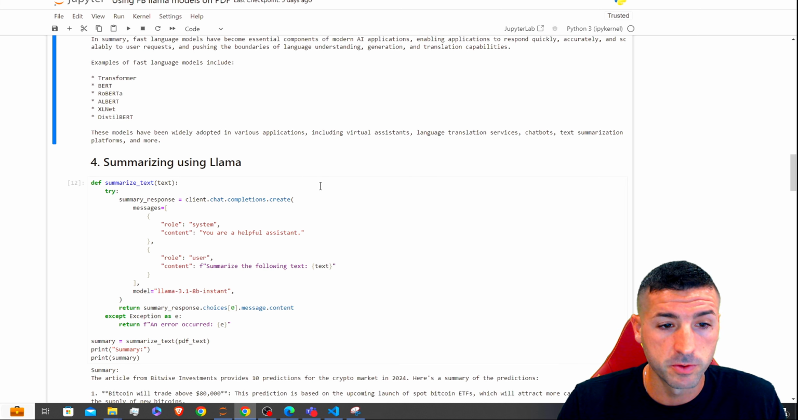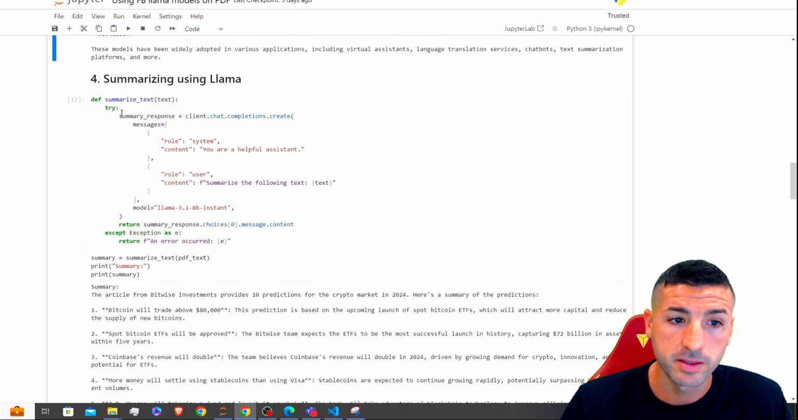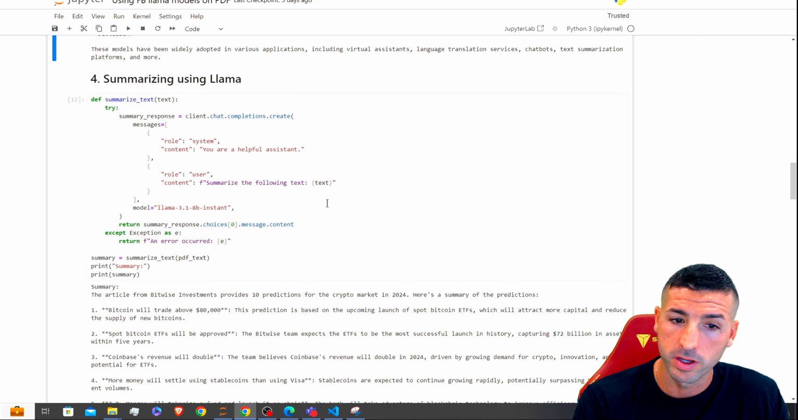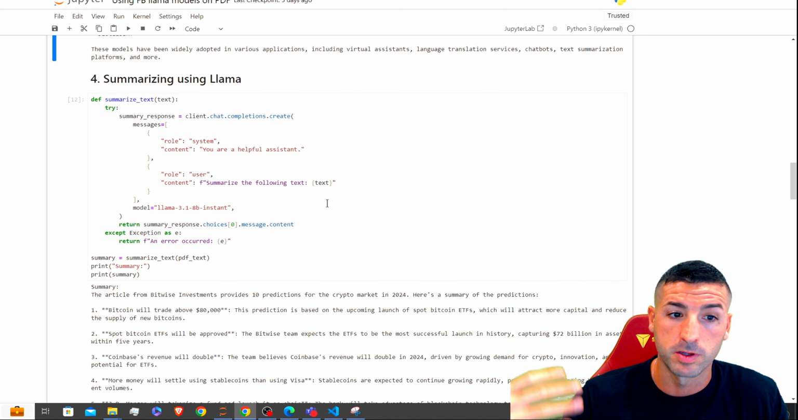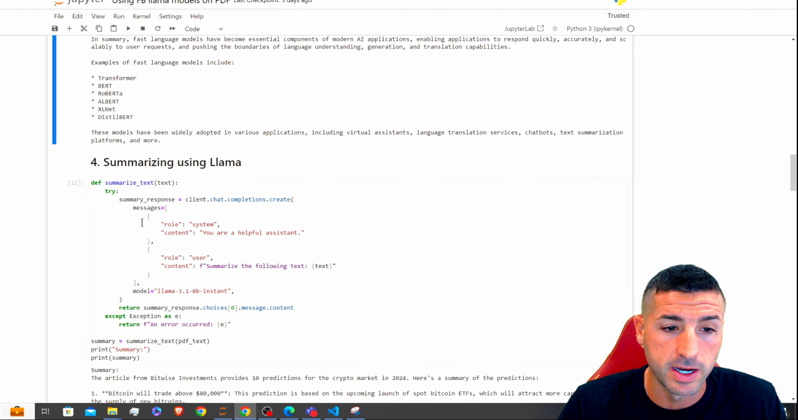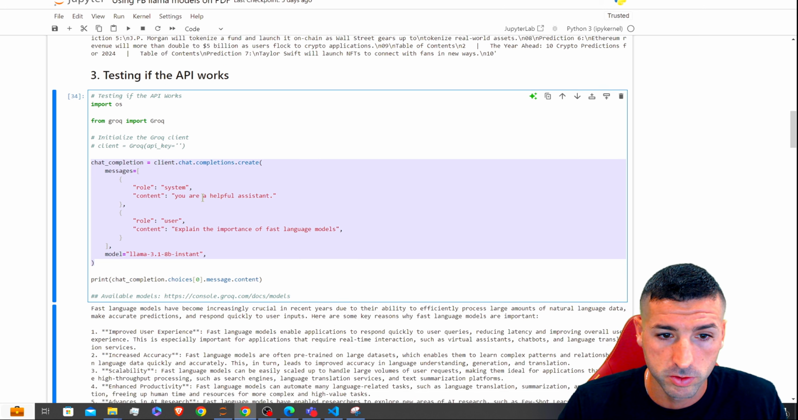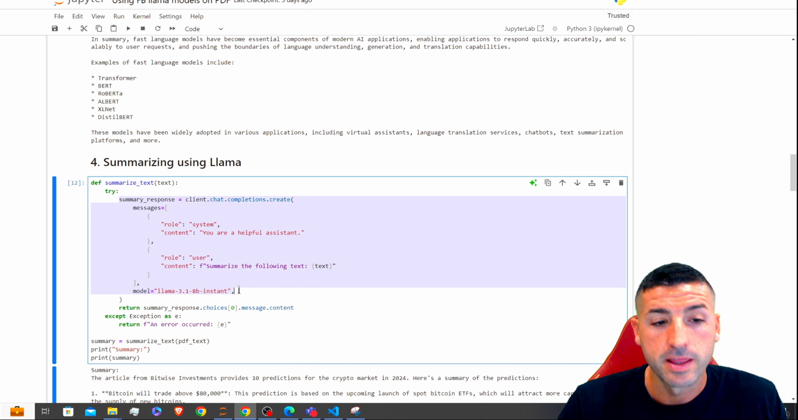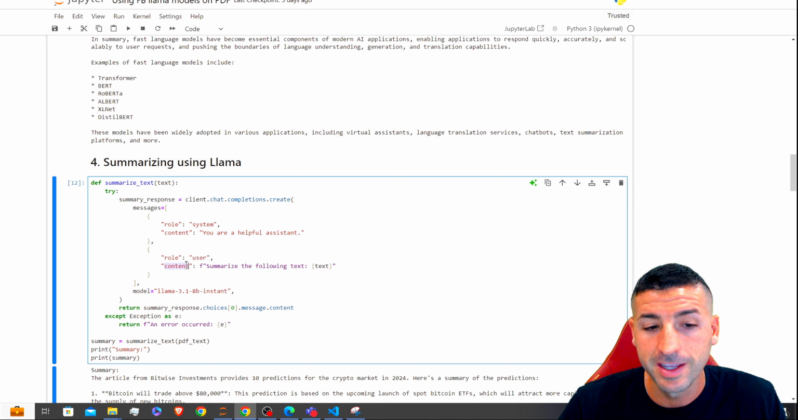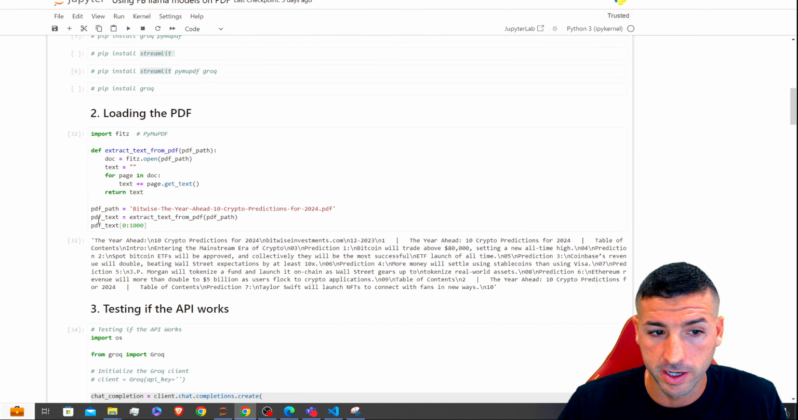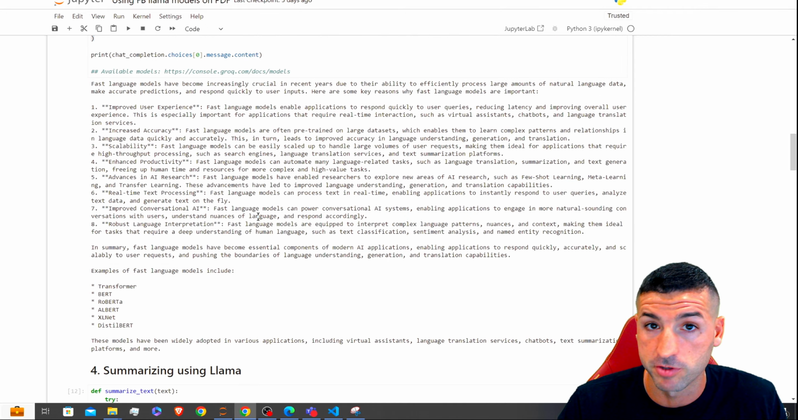Moving on, the next thing we do is create the summarize text function, which is basically going to ask the model to summarize the text, our PDF that we have loaded. So we copy and paste the example they gave us. These chat completions, copy, paste down here. The only thing we change is that in the content, we actually need to pass the text. And this text is actually going to be